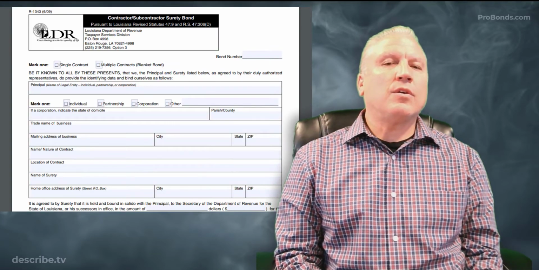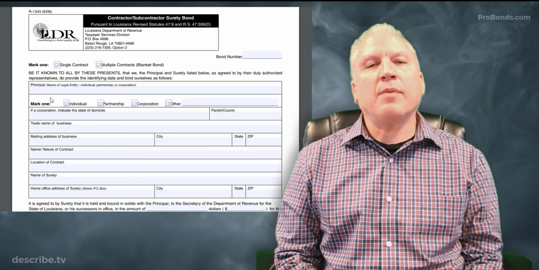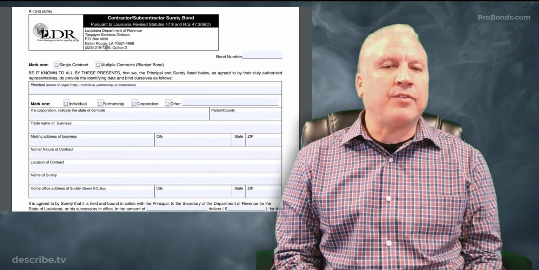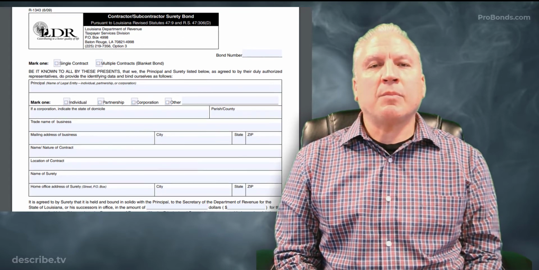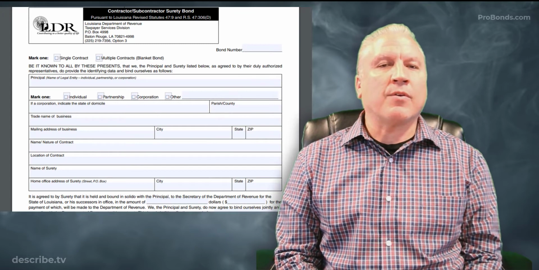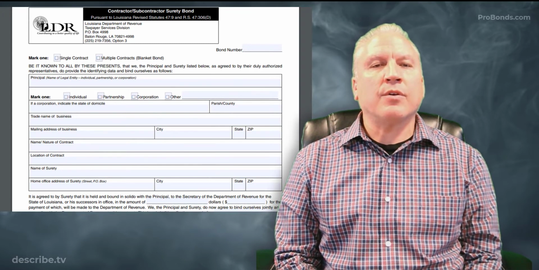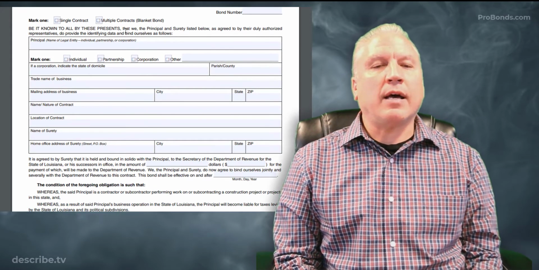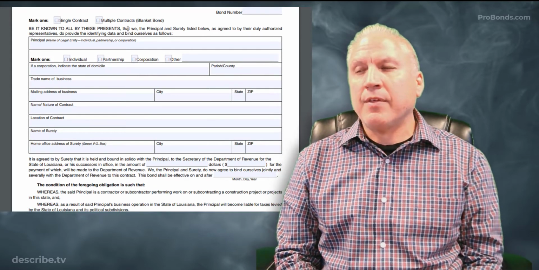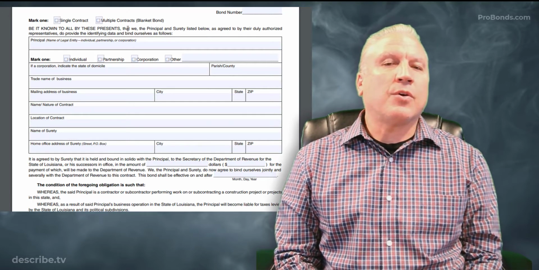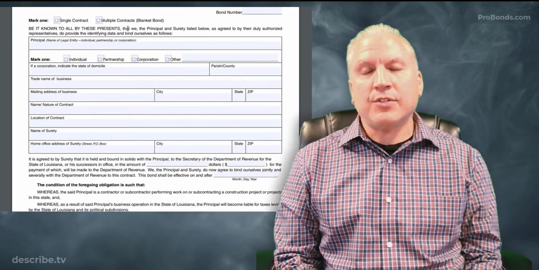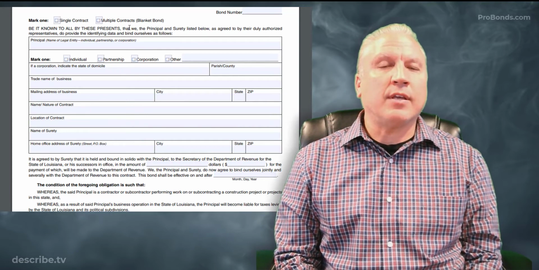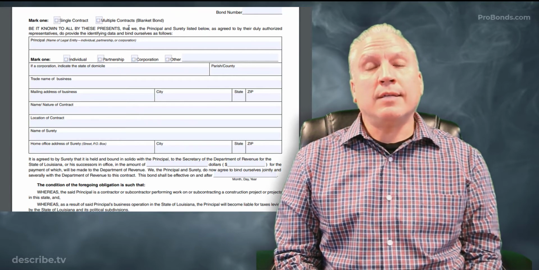So what does that look like in real life? Well, here's an example of a surety bond. Happens to be from the state of Louisiana, but the language is going to be very similar from one state to another. This happens to be for a contractor surety bond, and it requires that the contractor have this bond coverage so that if there are losses for a client or for a government agency, there's a deep pocket to